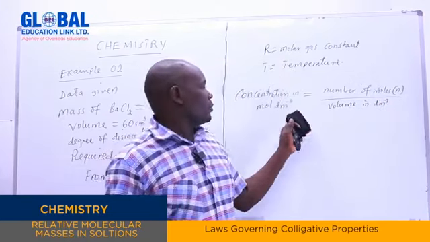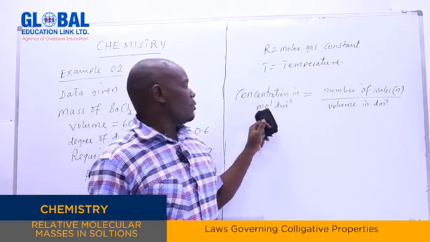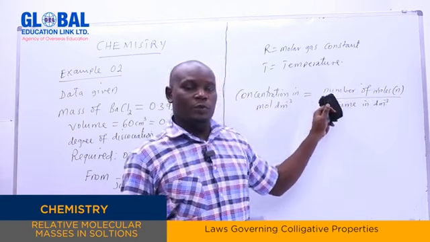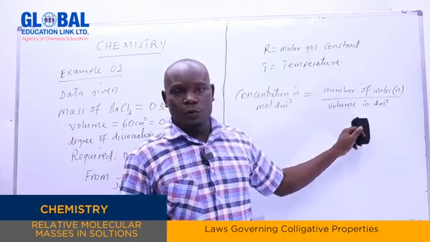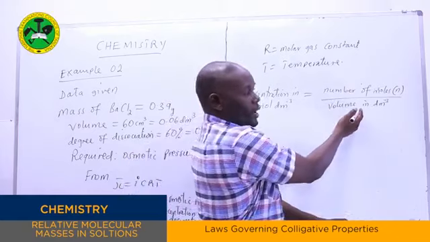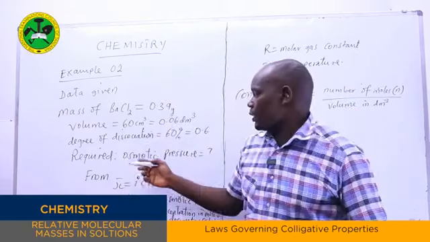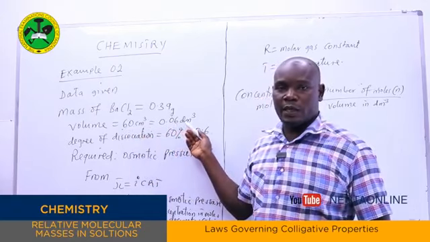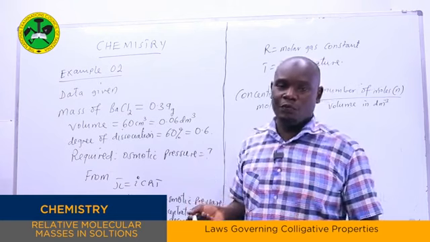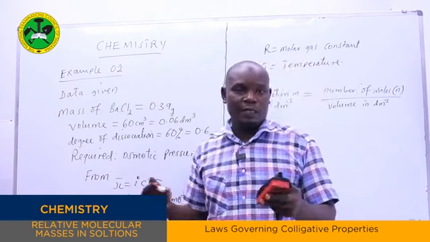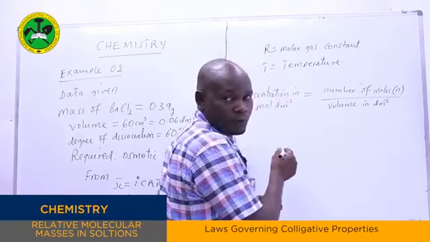So we calculate the concentration in moles per decimeter cubic by taking the number of moles of solute over volume in decimeter cubic. But still here the volume we have, because it is this one that we have been given, which is 60 or equals to 0.06 decimeter cubics, but we don't have the number of moles. And if we don't have the number of moles, how are you going to find it? Just simple. You just the number of moles